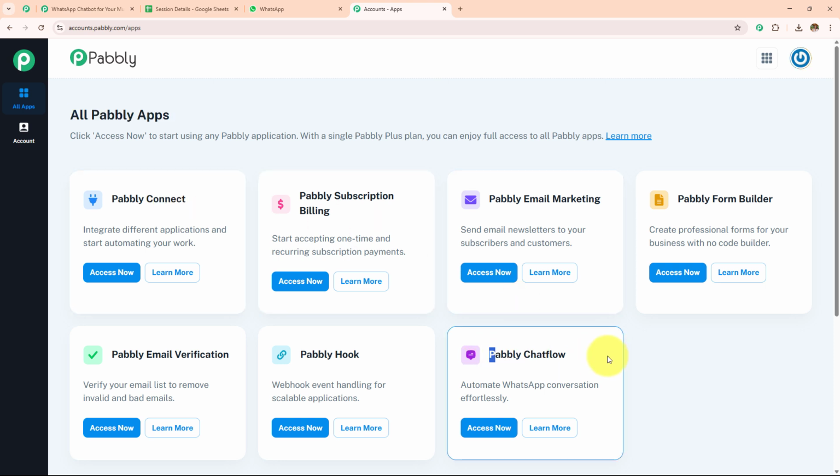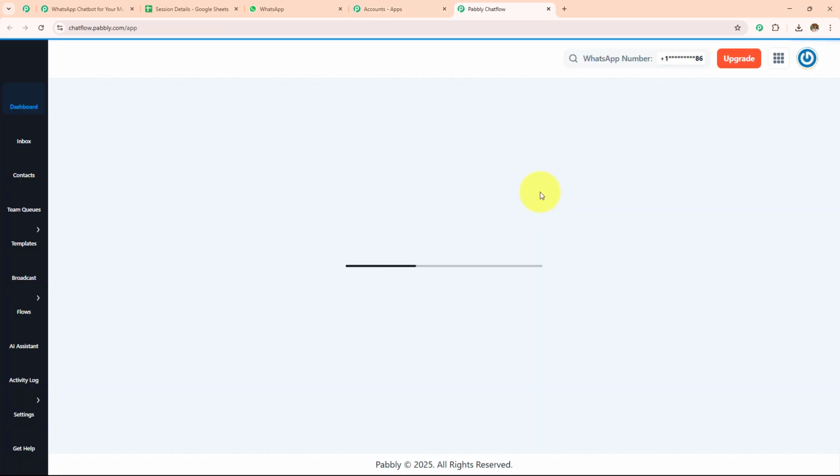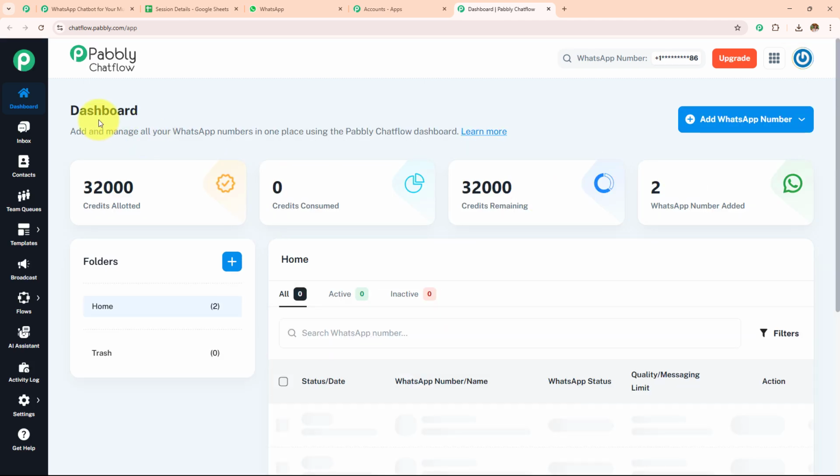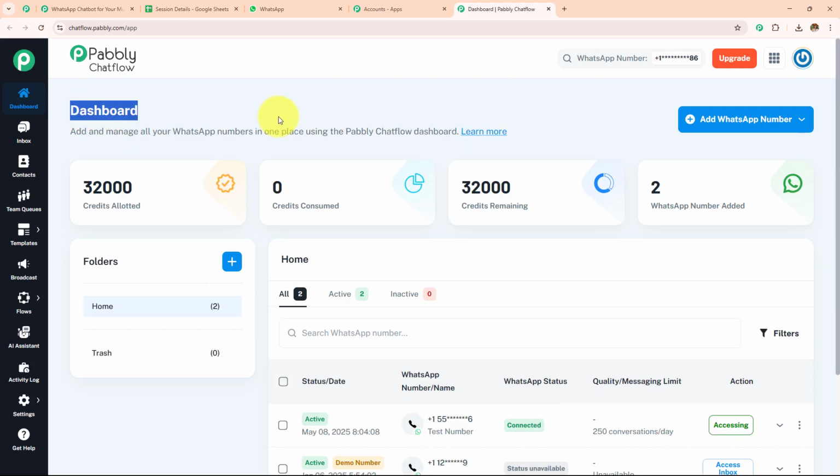I'm going to click on this Pabbly Chatflow Access Now. And it has taken me towards this dashboard of Pabbly Chatflow where I can see the credit allotted, credit consumed, credit remaining, and the WhatsApp number added. Now, if you want to learn how you can create your own Pabbly Chatflow account, simply click on this add